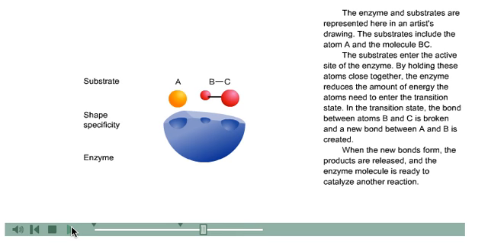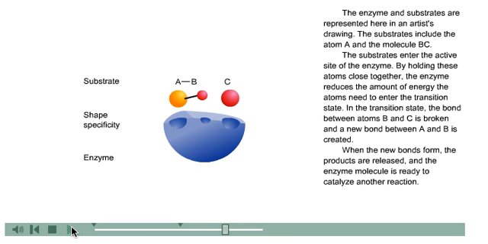The enzyme and substrates are represented here in an artist's drawing. The substrates include the atom A and the molecule BC. The substrates enter the active site of the enzyme. By holding these atoms close together, the enzyme reduces the amount of energy the atoms need to enter the transition state. In the transition state, the bond between atoms B and C is broken, and a new bond between A and B is created. When the new bonds form, the products are released, and the enzyme molecule is ready to